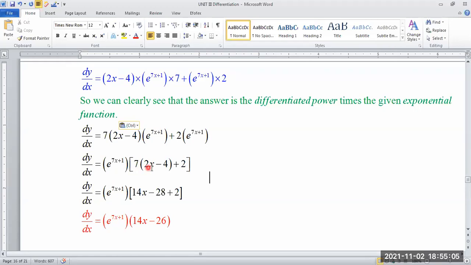What changes is that I can fix up this. 7 times 2x is 14x. 7 times negative 4 is negative 28. This 2 stands alone because this addition sign separates the first term from the second term. So I write back the plus 2. And in this set of parentheses, you can see that I'm reducing because I had 2 sets of parentheses right here. So I've gotten rid of the inside parentheses. 14x stands alone, so I write it back. Negative 28 plus 2 gives negative 26. Oh, my negative. Right. So I get my negative 26, and the question is done right there.